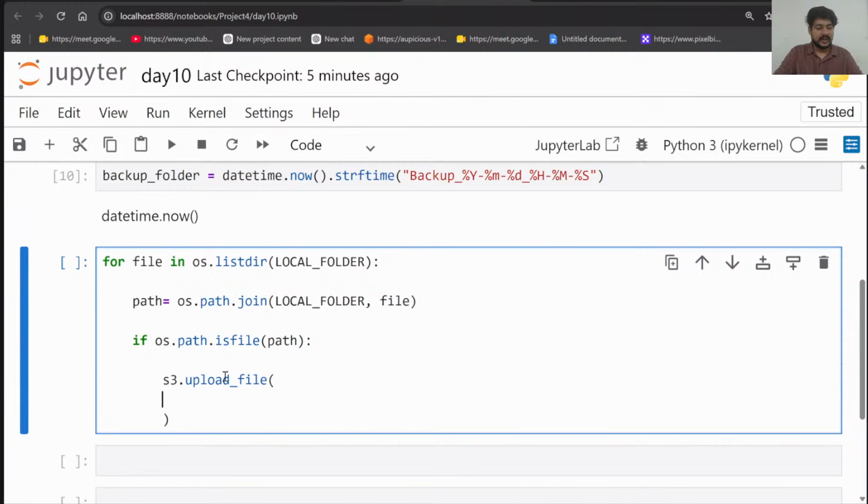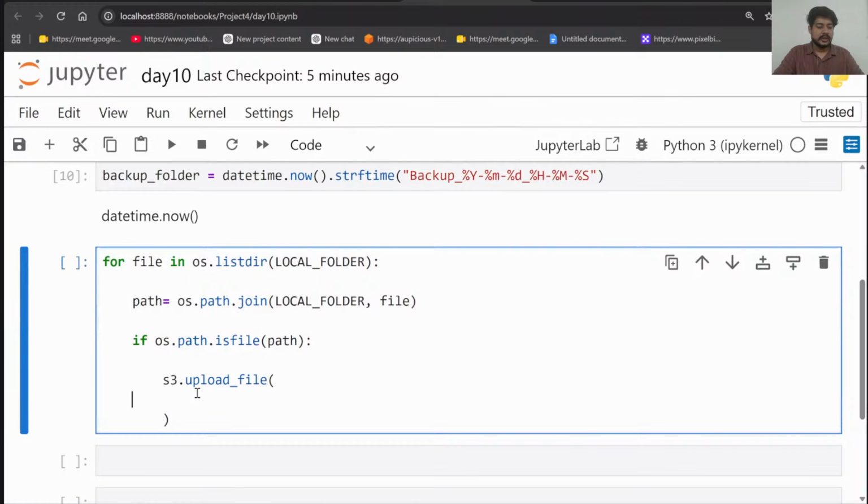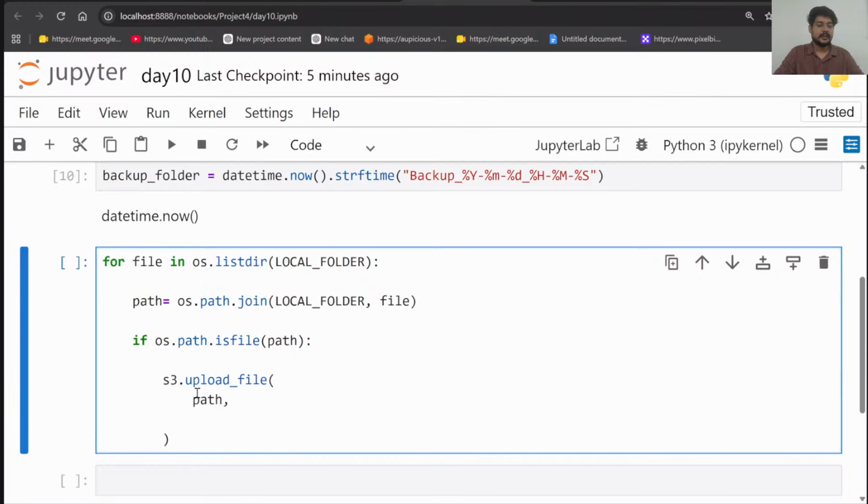So ये keyword requires tons of other things, guys. So if you press shift and tab, it requires a file name, it requires a bucket name, and it requires multiple other values here. So I'm telling here in this case, what is your bucket name? So whatever the path is, this is my file name where it is stored. So one by one, one by one, one by one, they will go and pick it for me in our case. This for loop will run till that particular time.